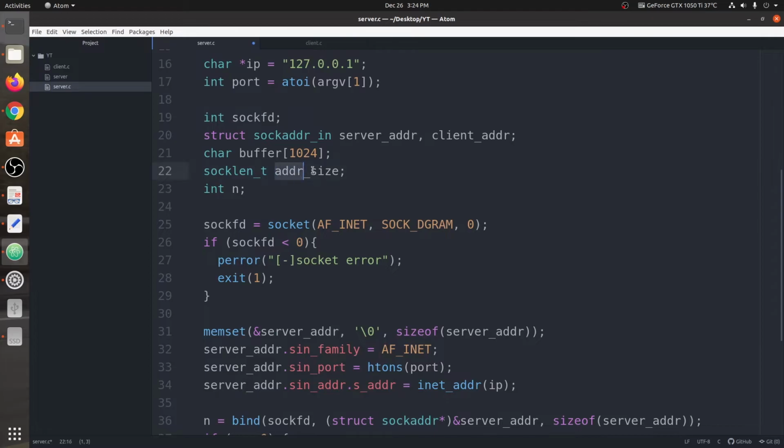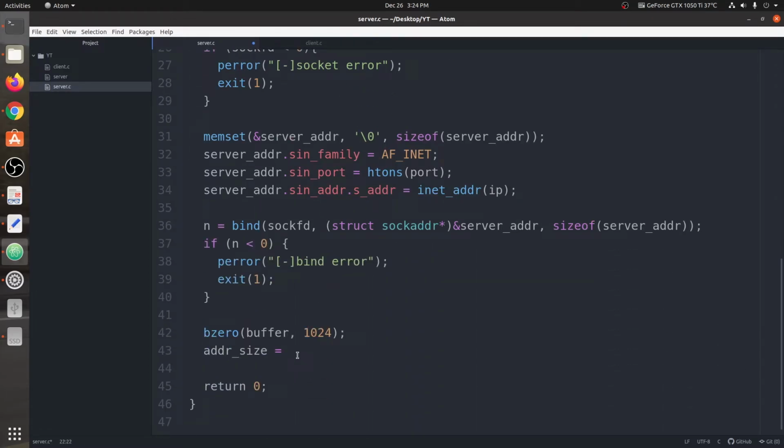We need this whenever we are going to receive the data. We're going to say size of client addr. Then to receive the data we use the function recvfrom.